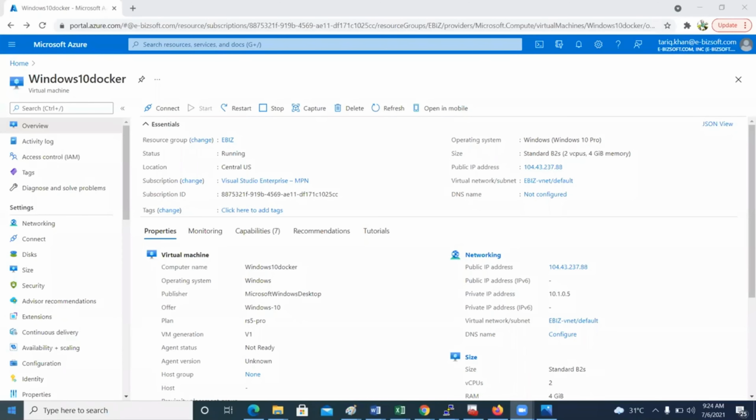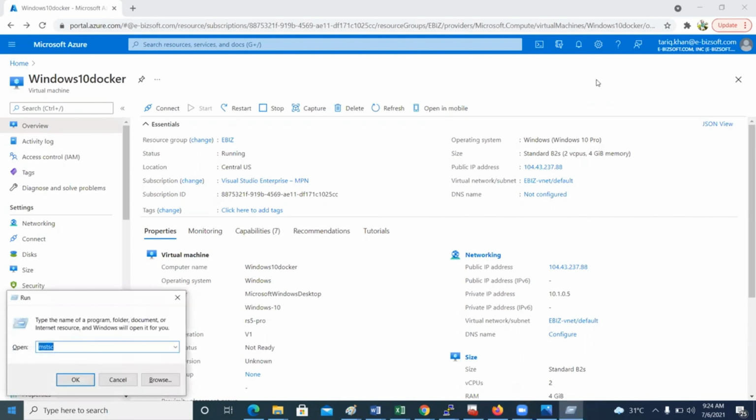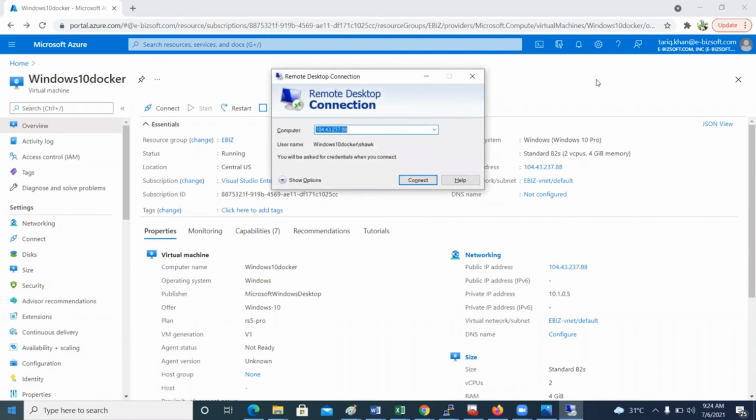The implementation process of Azure Bastion is really simple, but before going with the implementation of Azure Bastion, let's get a simple remote connection to this virtual machine. The process is really simple. Type MSTSC and put the IP address of this virtual machine, and then click connect.